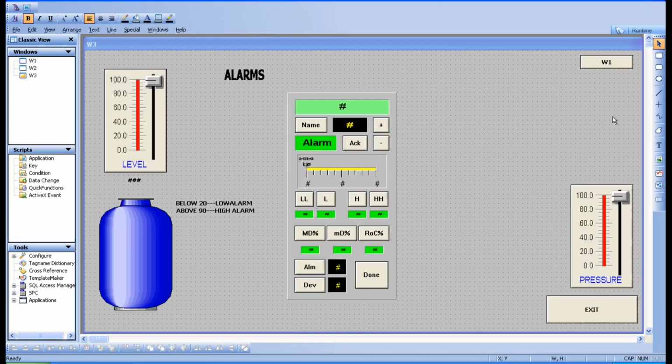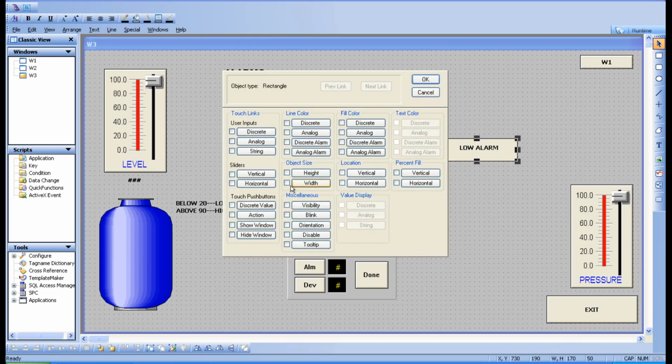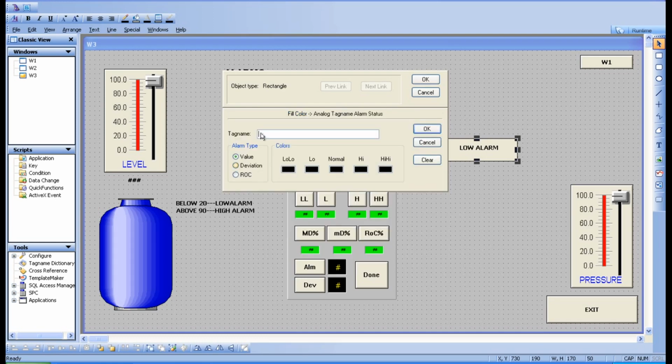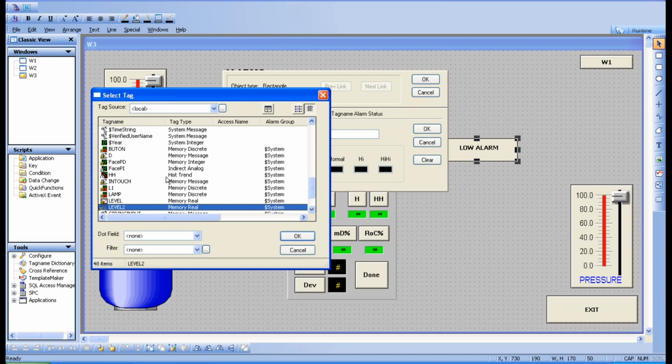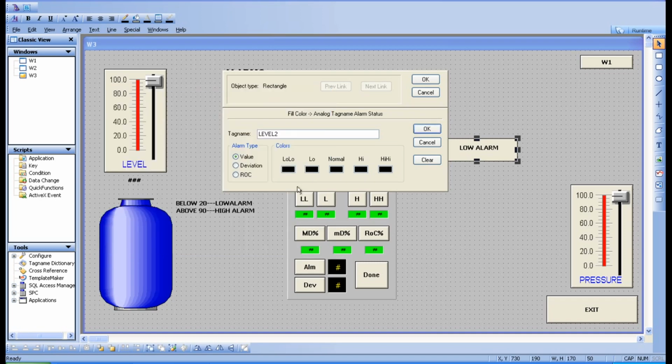Here, take this one and keep it here. Take one rectangle and place a text here like low alarm. Just type like this. For this box, create an analog alarm, and select the tag level 2 and low alarm.